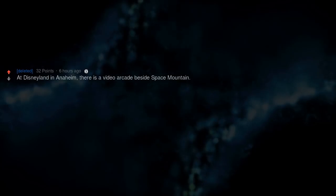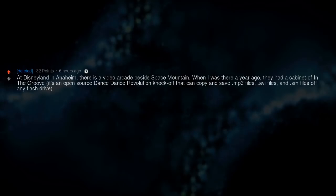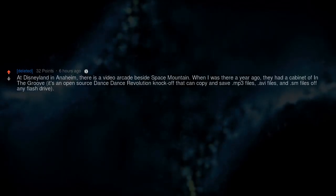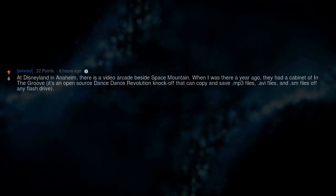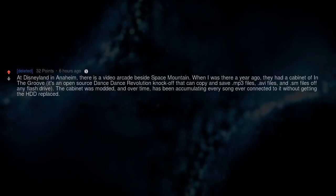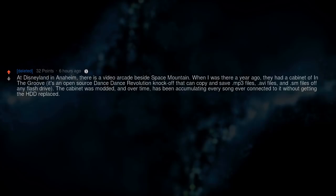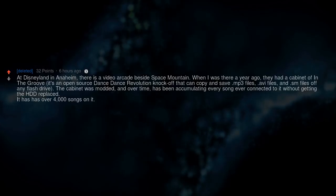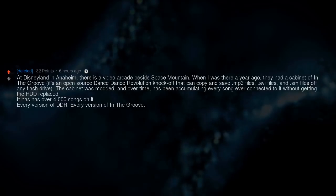At Disneyland in Anaheim, there is a video arcade beside Space Mountain. When I was there a year ago, they had a cabinet of In the Groove. It's an open source Dance Revolution knockoff that can copy and save .mp3 files, .avi files, and .sm files off any flash drive. The cabinet was modded, and over time, has been accumulating every song ever connected to it without getting the HDD replaced. It has over 4,000 songs on it, every version of DDR, every version of In the